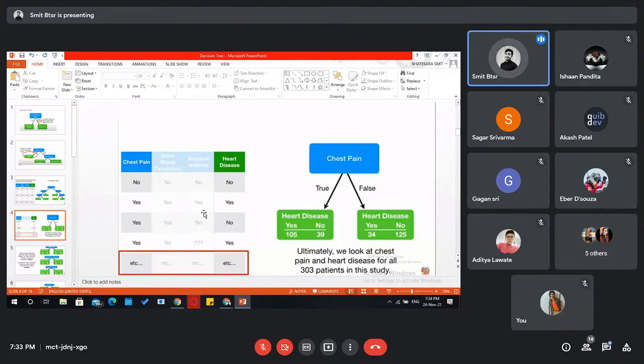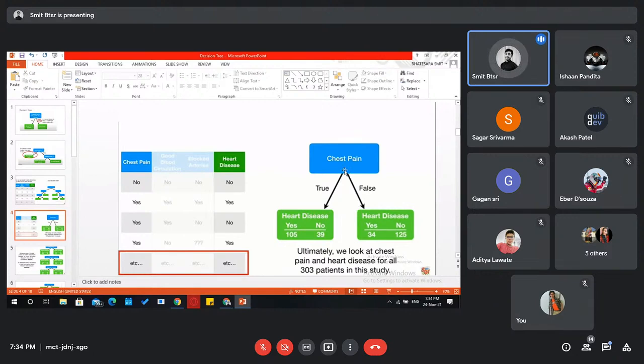So what we are doing here is finding the relationship first between heart disease and chest pain. One by one, we will find the relationship between all of these attributes. While comparing, what we got is where someone has chest pain but no heart disease. And here chest pain is there, heart disease is also there. Here chest pain is also there, but no heart disease. So we want to understand what the relationship is between these two, heart disease and chest pain.